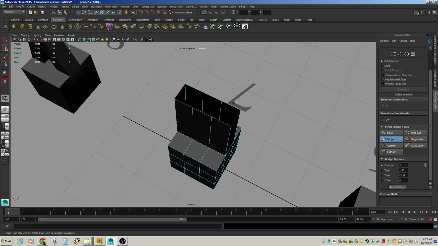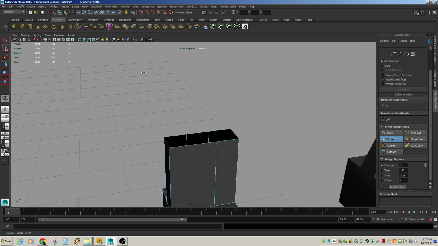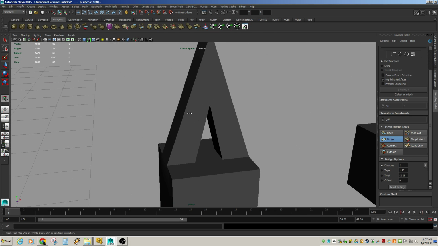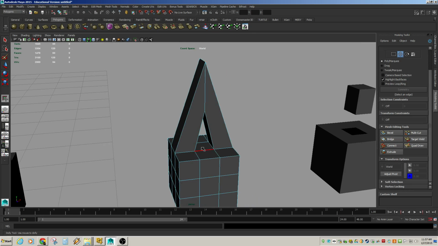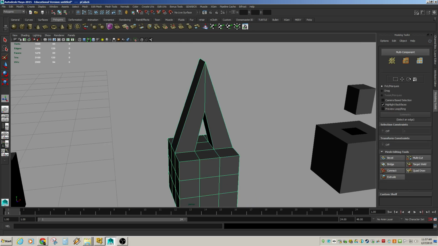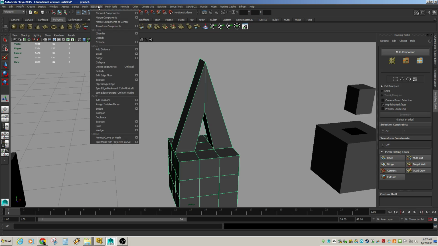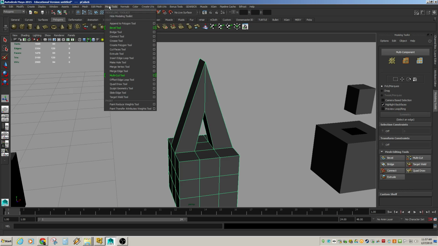But that's how you sort of get from one face out in the open to another. Okay. So we briefly looked at the Insert Edge Loop tool. Let's go look at it again now, because this is a very interesting tool. If I go to Mesh, or Edit Mesh here, Mesh Tools, and it's the Insert Edge Loop tool, and you'll